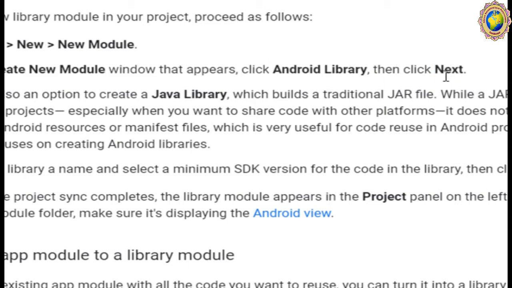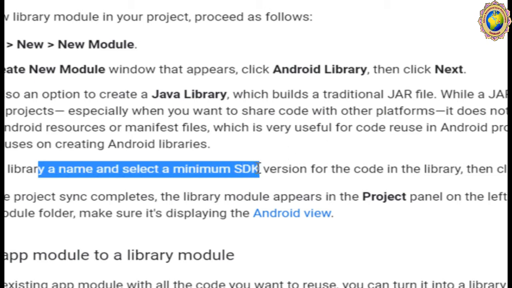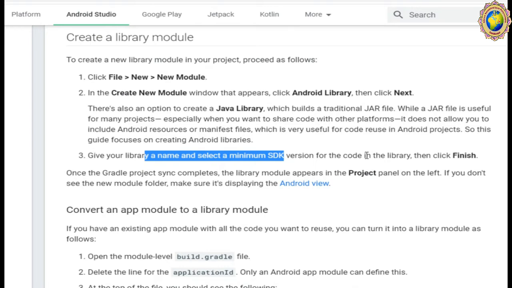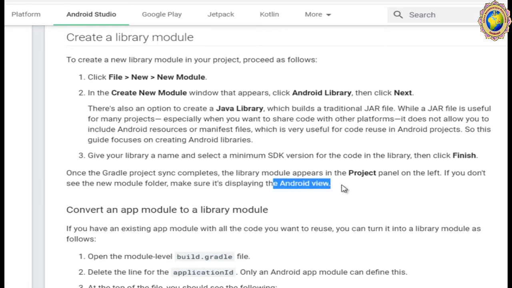Whenever you click Next, give your library name, select the minimum SDK version for the code in the library, then click Finish. Okay, once the Gradle project synchronization completes, the library module appears in the project panel on the left. If you don't see the new module folder, make sure it's displaying the Android view.